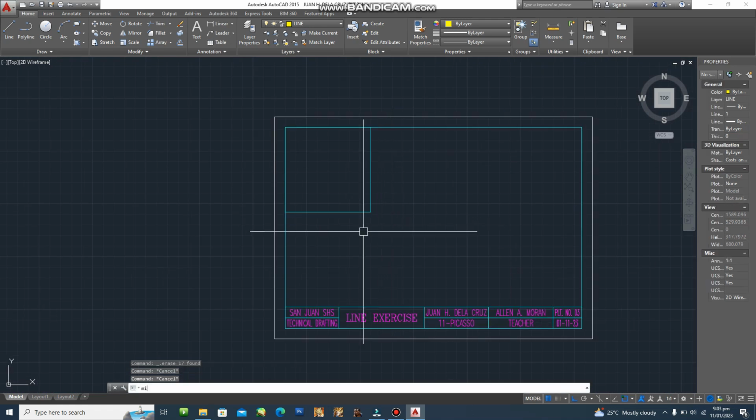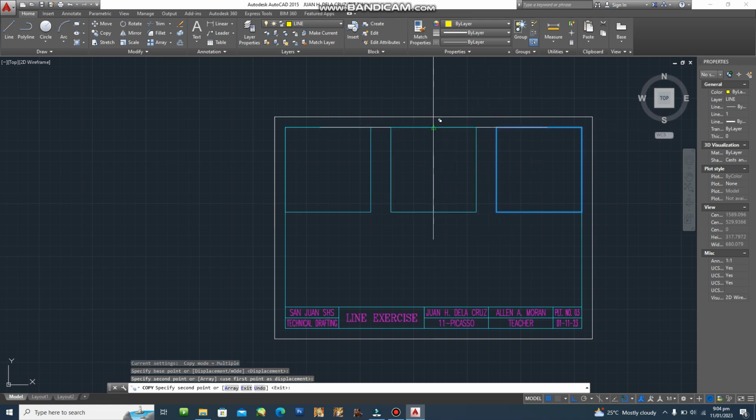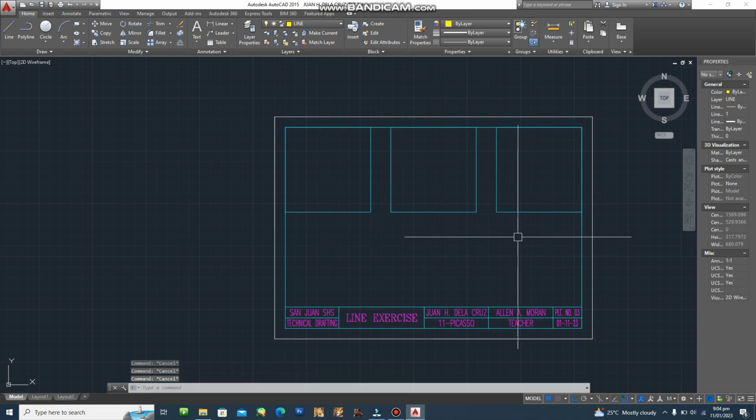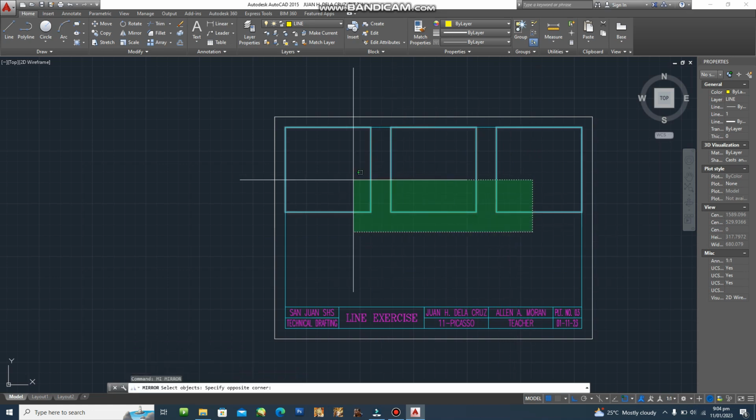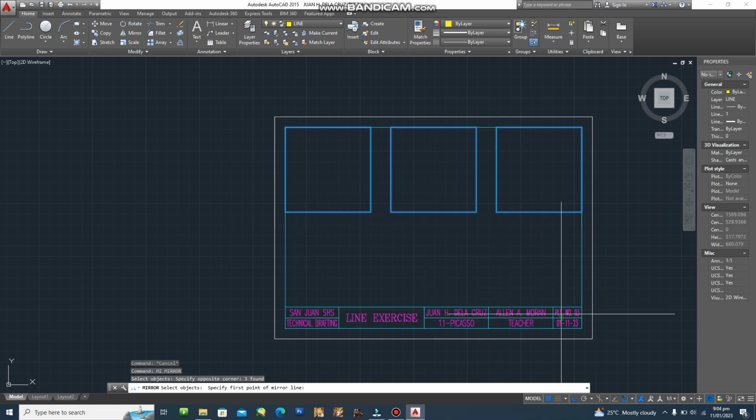just like command mirror. So I'll use the command copy, CO, enter. You can click this one and then click the snap, which is the endpoint, and then the same command also here, and then I'll pick the midpoint and then midpoint. And then for our another 3 square, you can make use of the command mirror, and then select all the 3, and then